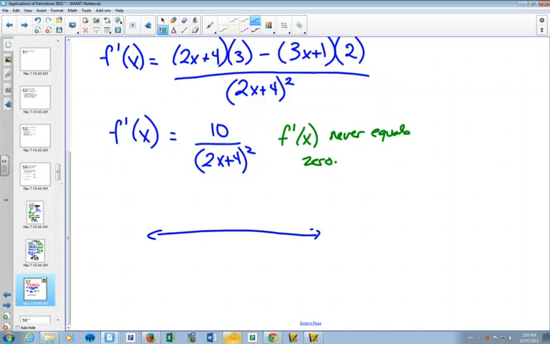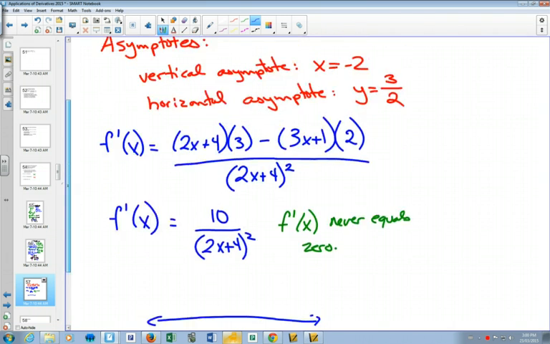We still have to put our non-permissible value on here. There are some questions, I think there was one in your homework, where it never equaled 0. You can still make your number line and find out, is the whole function increasing forever, or is the whole function decreasing forever? But in this case, we're going to put our non-permissible value, because that's where our asymptote is going to be